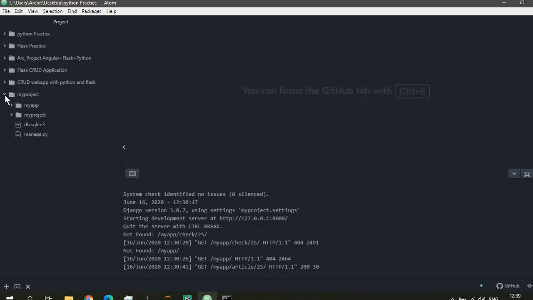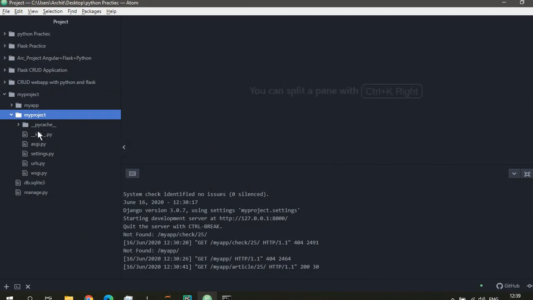you will see that you have created a myproject folder, in which by its own it has listed many files and folders inside it. These files and folders are made by Django itself. You don't have to create them separately. This is the simplicity and the efficiency of Django, which helps you create the files beforehand.